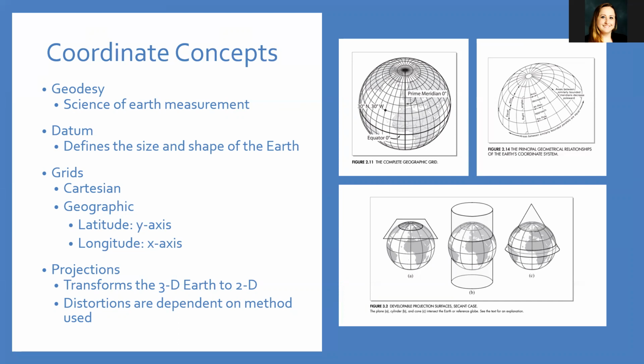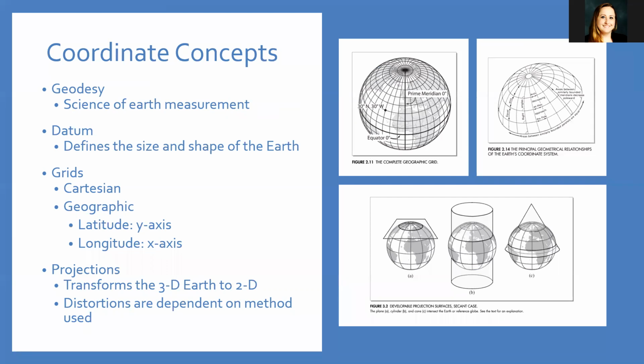Because the Earth is not perfectly round, mathematical estimates are used to measure the surface of the Earth. Geodesy is the science of measuring the Earth. Depending on the algorithm used, the size and shape of the Earth can differ dramatically. A datum determines how the size and shape of the model Earth comes out, and is based on a common point between the Earth's surface and the geodesy model.